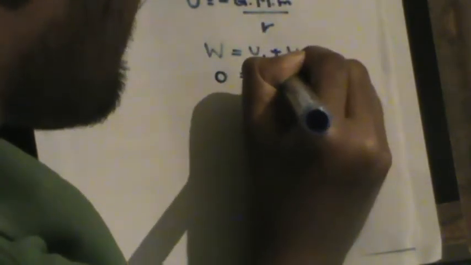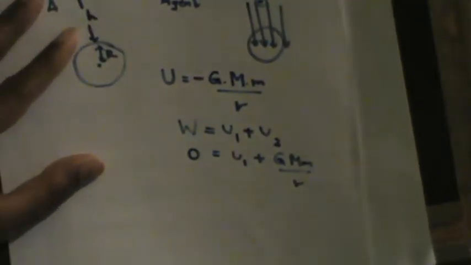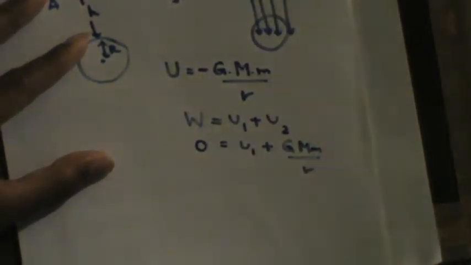If you take the work energy theorem, if you put W equals U1 plus U2, the total work done should be 0. So the work done by this object is U1, and the work done by the Earth system is G capital M simple m by R. You will find that U1 equals minus G capital M simple m divided by R. So that is the simple derivation, right? This is not a standard method, this is just for explaining. Alright, so that is the simple expression of the gravitational potential energy.